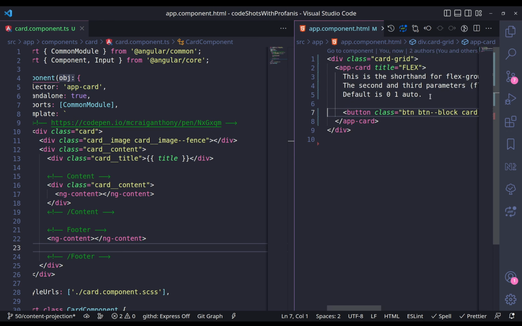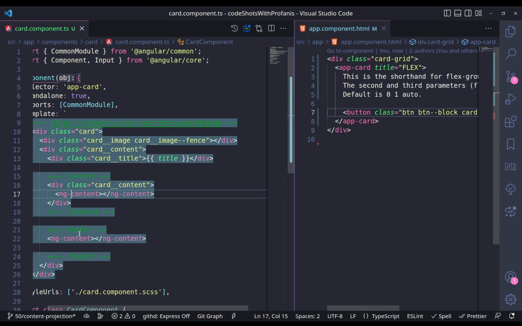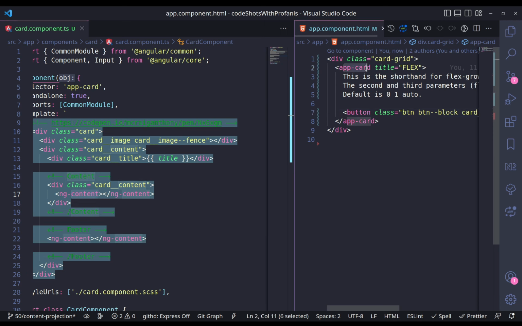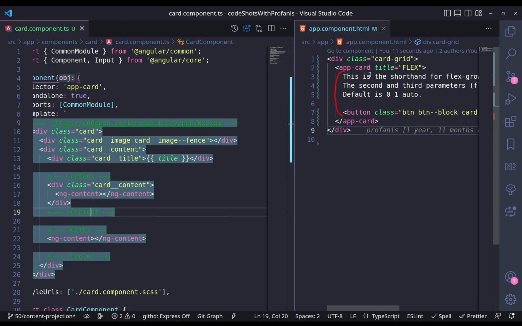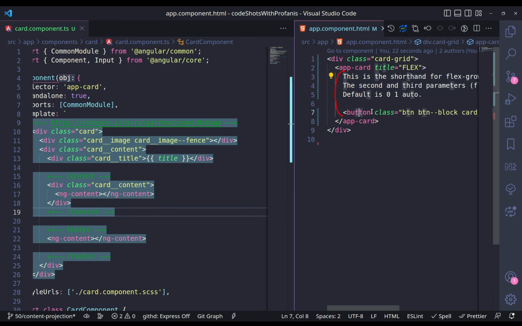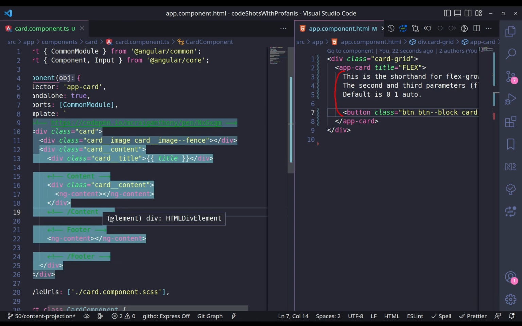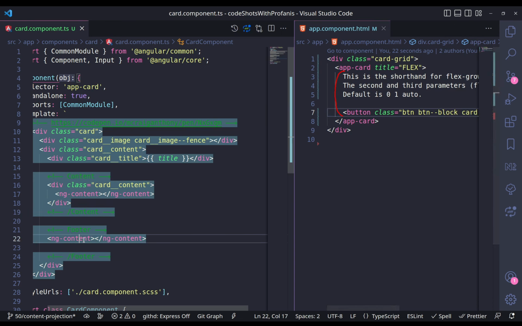So let's now think the following. We have two different slots, which means that here I can project the content, which is anything that is between the open and the close element, and here I have also a slot. But how do we know which one goes where? I mean that here we have the main content and here we have the footer. Obviously, this is a problem, and we need somehow to tell the footer that I want to project